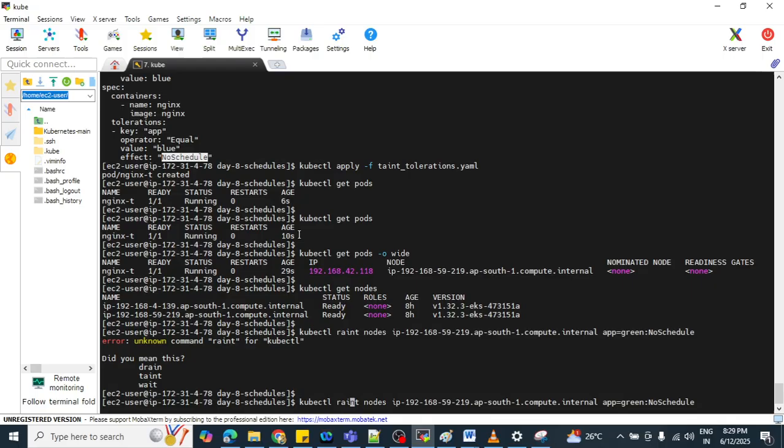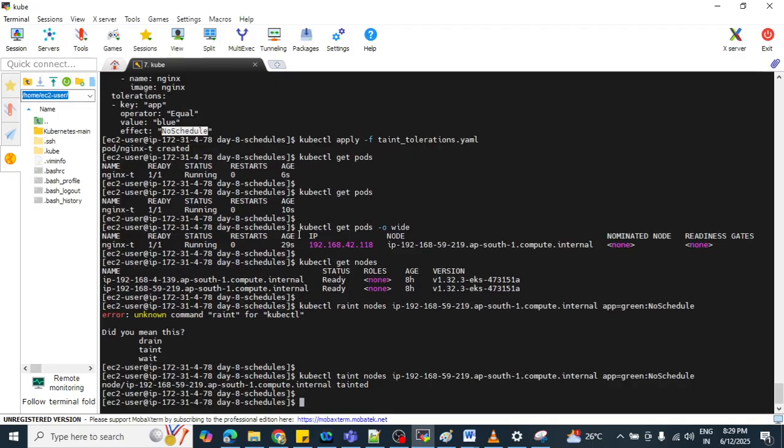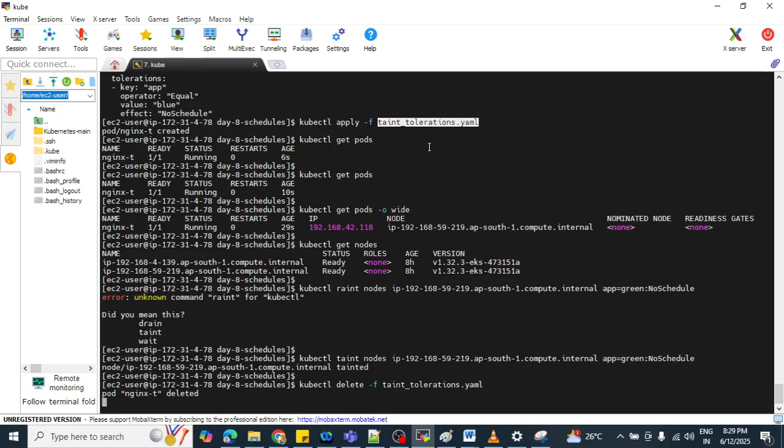One minute, something. It's taint, T-A-I-N-T. So we have tainted this node. Now let me delete the pod first: kubectl delete -f and this YAML file. No pod is running right now. kubectl get pods.